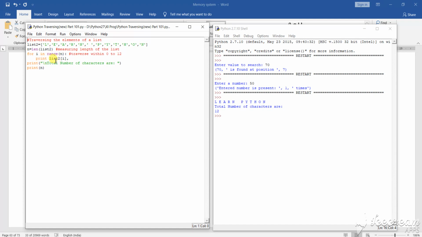So how will it calculate? It will take one value of the list item, and as it takes one value of the list item, the counter will increase. That means the n value will increase. As the n value increases, one by one it is implementing and increasing. So the for loop will run for the range 1 to n. That means the length, 12. It will run up to that much length.